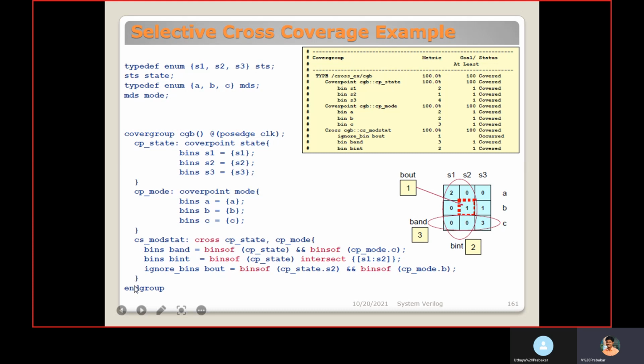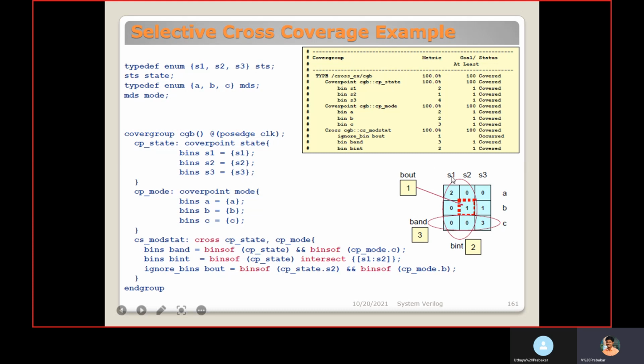Within this bracket, we can write the bins. So in this bin, what we are checking is, binsof is a keyword. binsof CP state and binsof CP mode dot C. That means binsof CP state is nothing but S1, S2, S3.